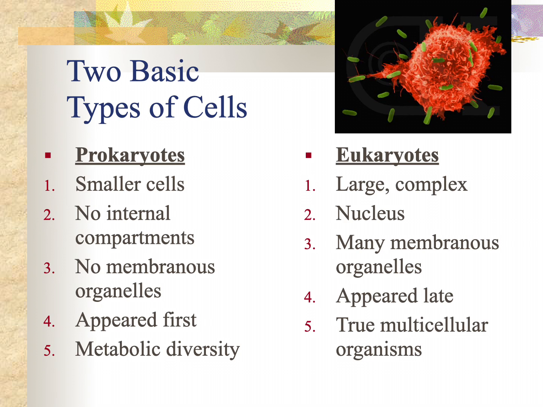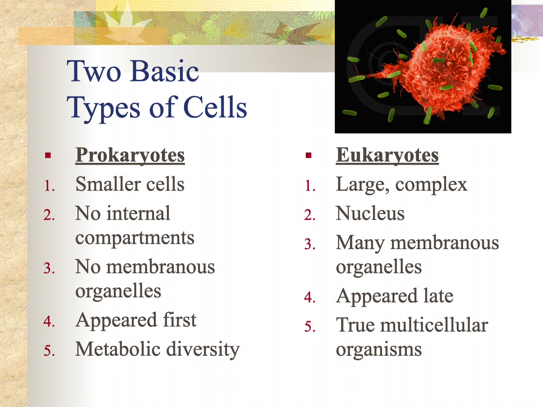These are bacteria and archaea, and they appeared a long time ago in the fossil record. And these are the most diverse type of cells, at least chemically. They can do chemical reactions that the other type of cells can never do. The other type of cells are